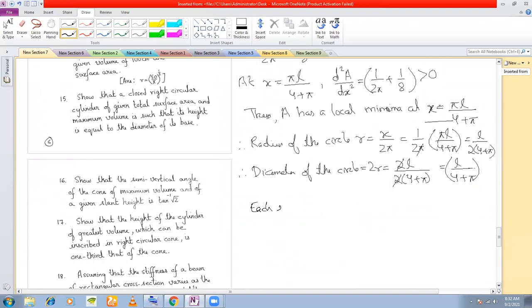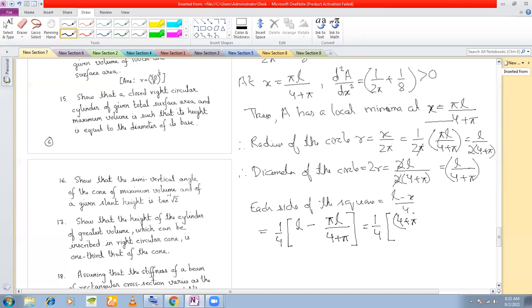Each side of the square is L minus x by 4. Put the value of x. 1/4 of L minus x, where x is pi L divided by 4 plus pi. Simplify this. 1/4. Take the LCM. 4 plus pi into L minus pi L divided by 4 plus pi